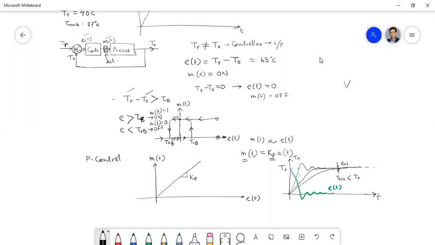If my process needs voltage, voltage and resistance, so what is the easier way to control, resistance or voltage? Voltage control is easier, na? So if the voltage has to be controlled gradually and smoothly, we need power electronic converters.